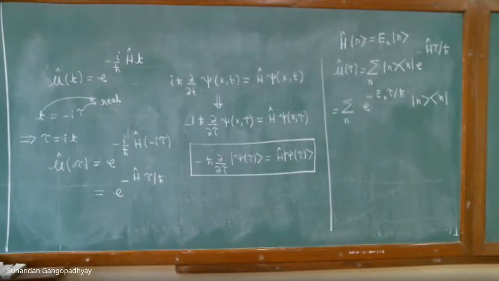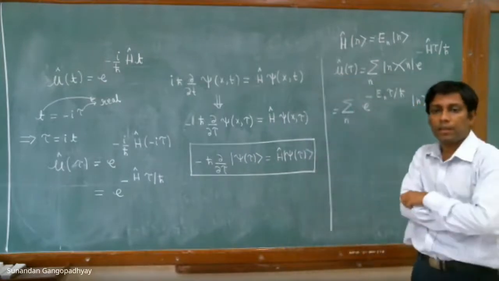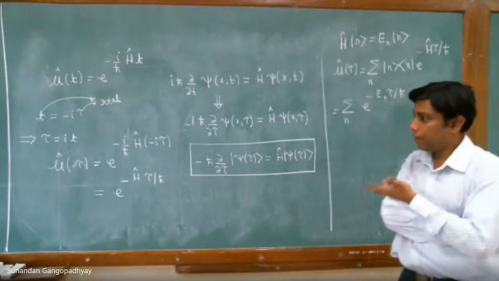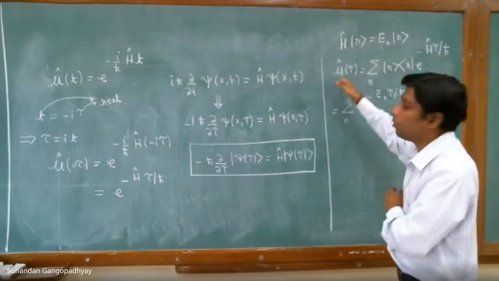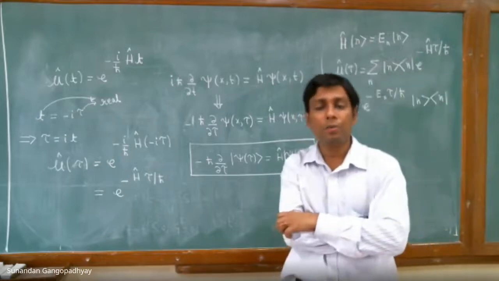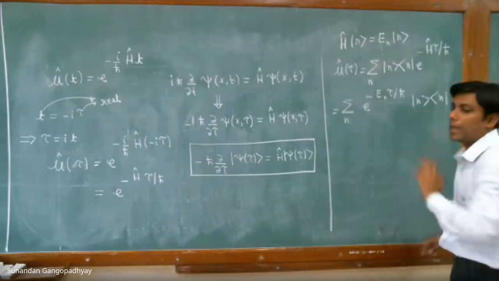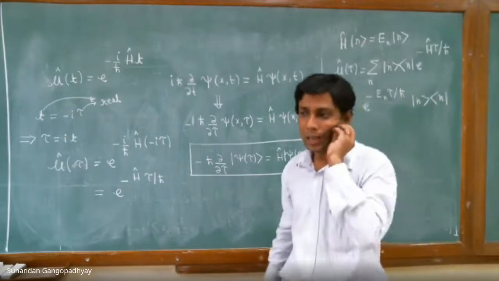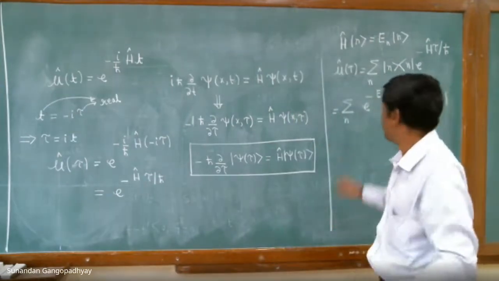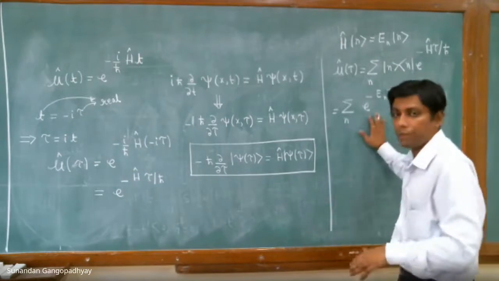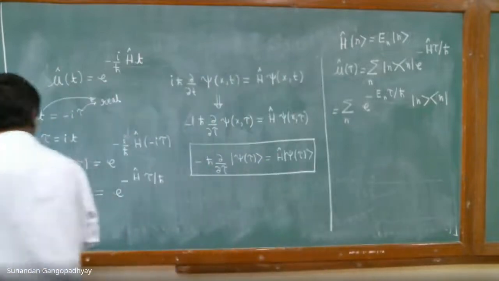So you can see you have very similar kinds of formulas to those we encountered earlier in real time for a unitary time evolution operator. You have similar formulas when the time evolution operator is no longer unitary, but rather Hermitian, and you have the same eigenvalues and the same energy eigenstates entering this formula, but you have an exponentially decaying, suppressing factor sitting in front instead of an oscillating factor that we had earlier.